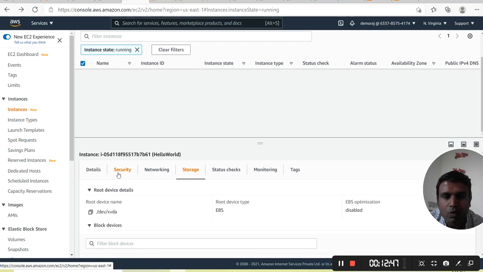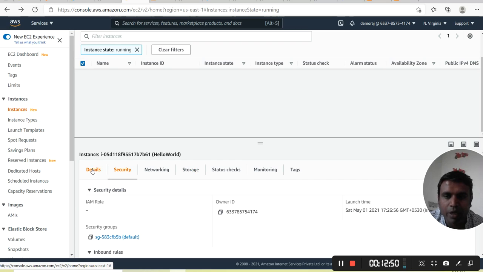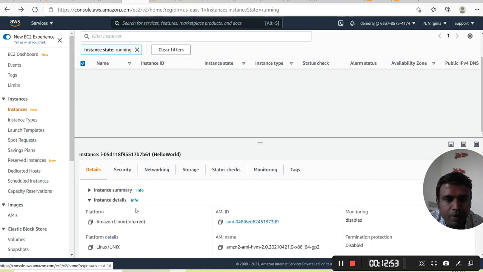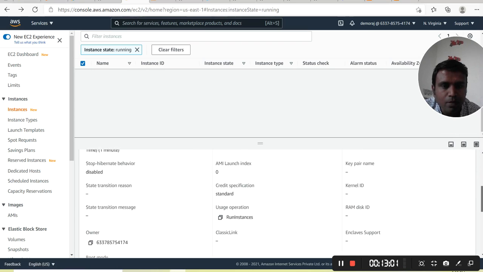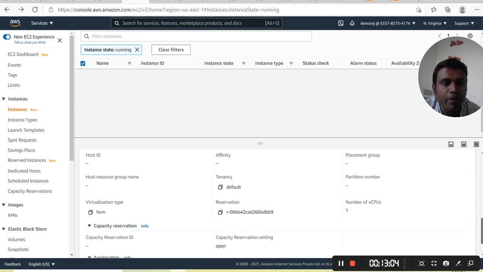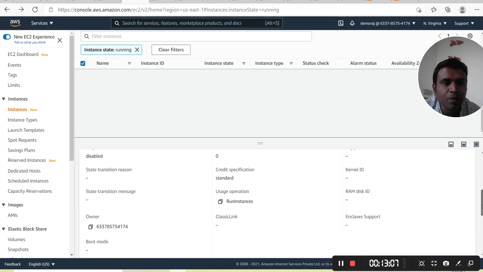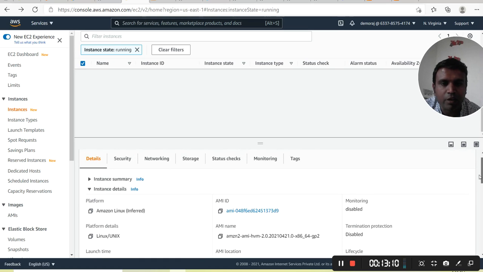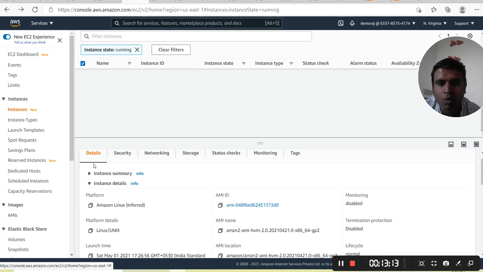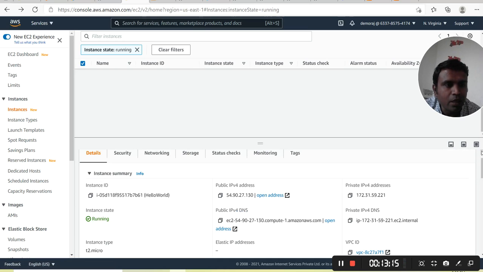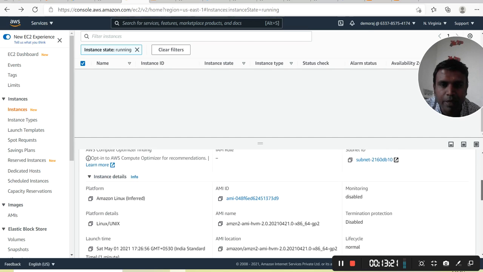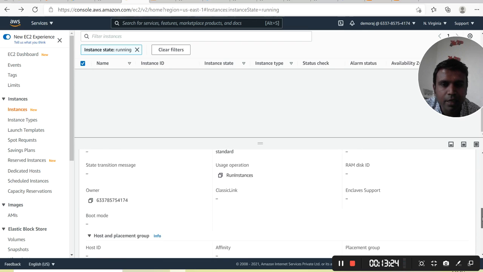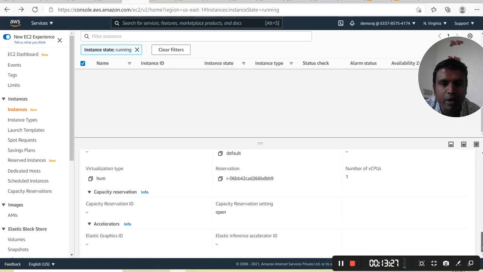Okay. So security, it will take a default security and then instance type. So we'll go and see the instance type also. We did not give any details, so it will take everything as either blank or whatever the default values are there, which is required. So it could put all the values like that. So here you can see VPC is there, subnet is there. Okay, and all the required things are available.